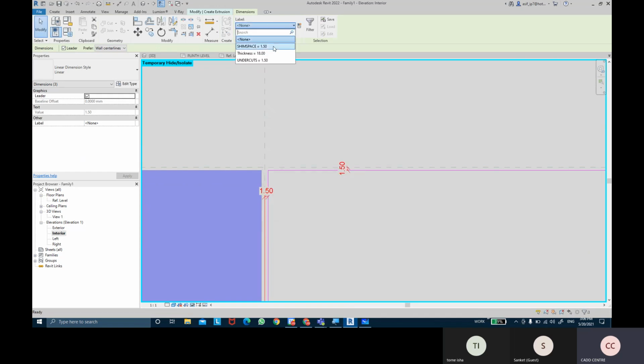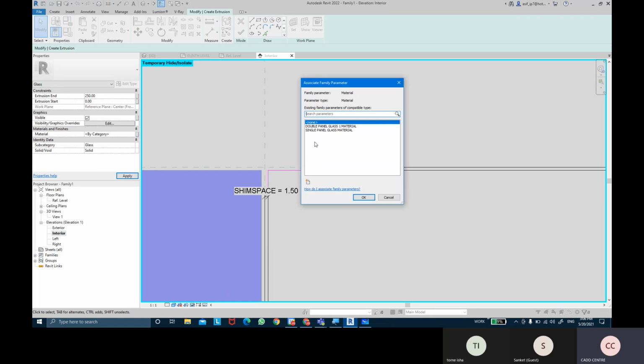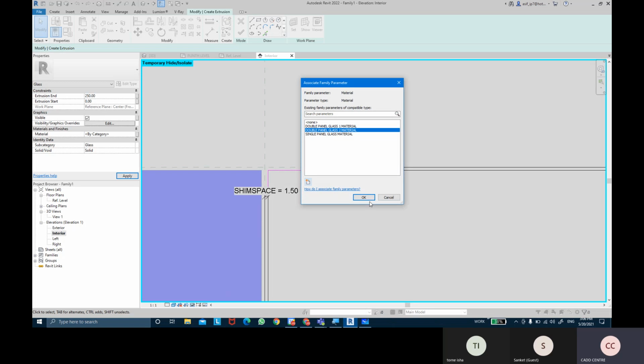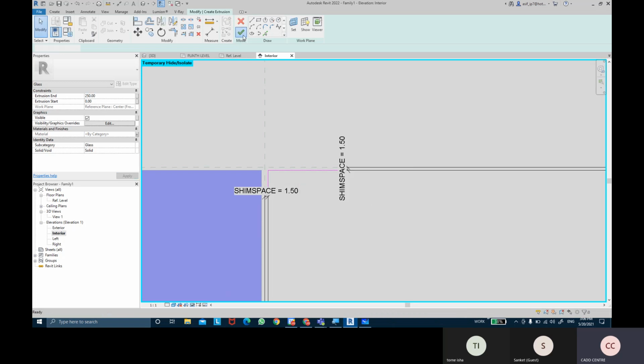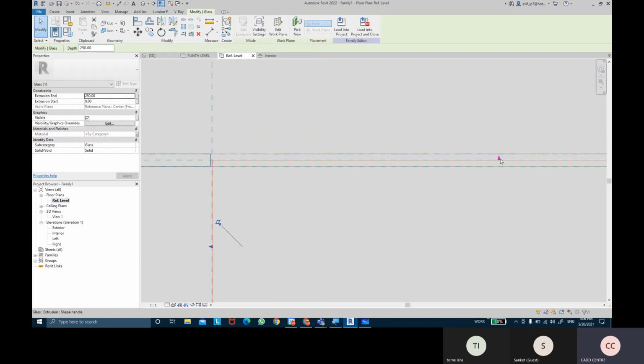Have that label. Put this into subcategory of glass, material associate parameter as well. Double panel glass 2 material. Finish mode, come back to the floor reference level and once again drag it and make sure you lock it.